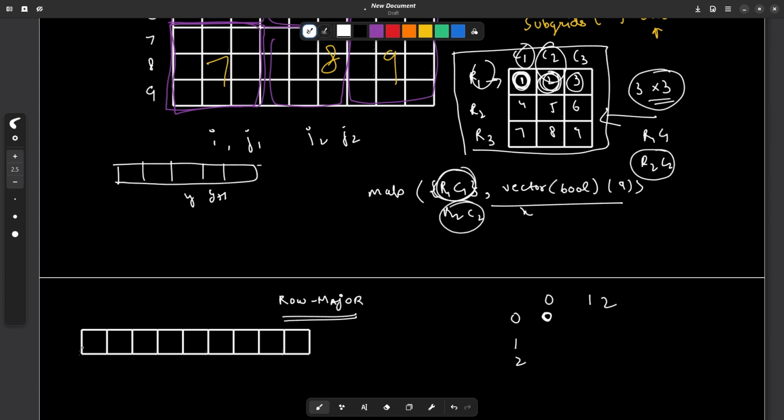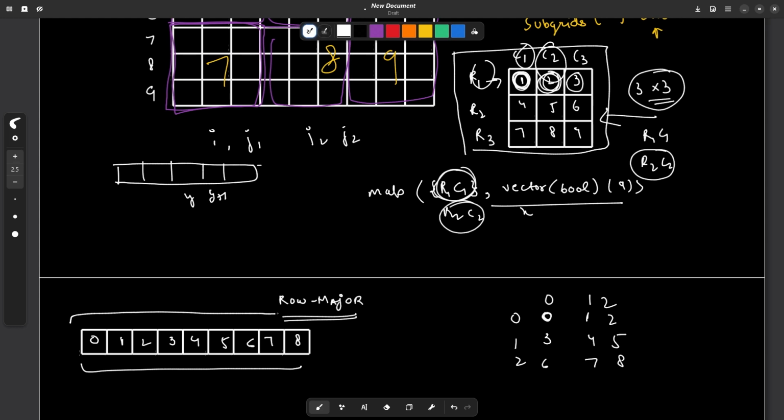Right. Now this is index 0, this is index 1, this is index 2, this is index 3, 4, 5, 6, 7, 8. Now I can do the same thing here. I can represent it with index 1, 2, 3, 4, 5, 6, 7, 8. You will see there are 9 values here and there are 9 indexes here. So I can store each of those 9 values here in those 9 indexes. But the problem is, how do I convert this particular i and j into some index from this particular array,